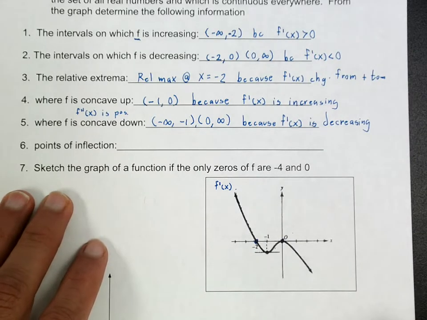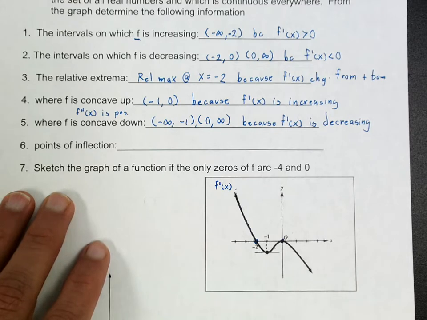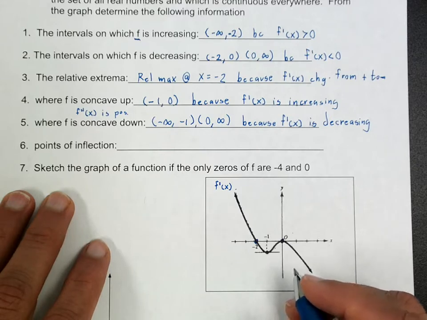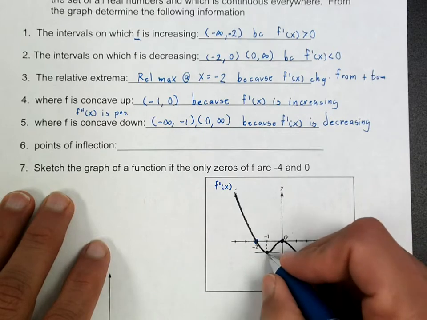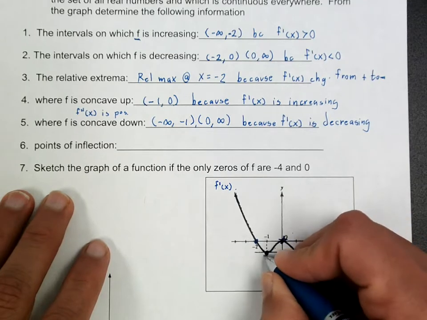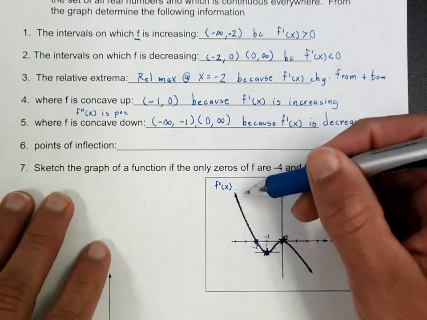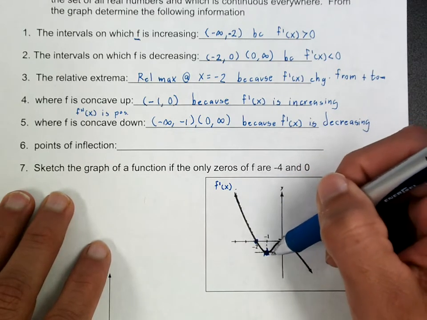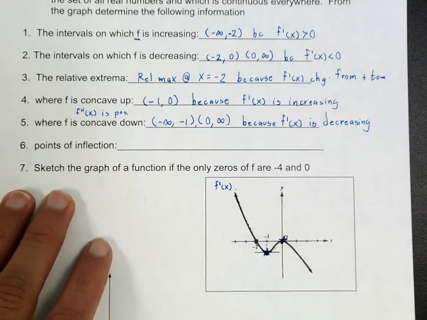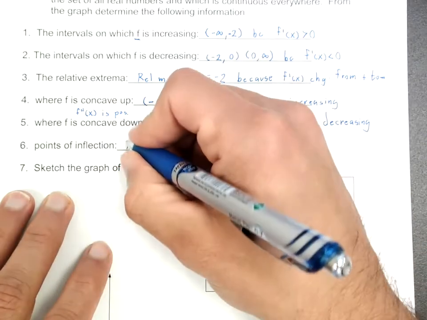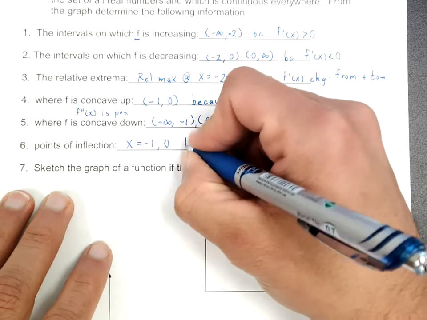All right, now we're going to talk about points of inflection. Now this one right here, the points of inflection are where the derivative switches from increasing to decreasing or vice versa. So notice that right here at this point and right here at this point, all right, so I'm going to draw a little star maybe. That'll be more clear. At those 2 points, the first derivative changed from negative slopes to positive slopes right here. So again, the points of inflection in this case are going to be the max and mins right here. So the points of inflection are going to be at -1 and 0